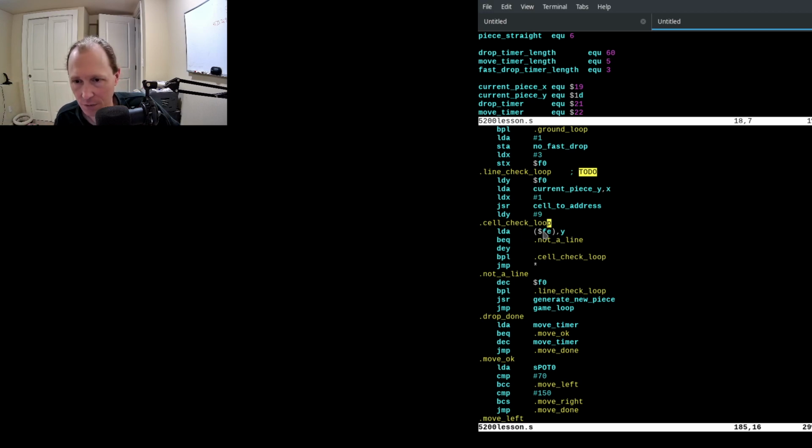Offset 9. So we load the cell value in offset 9 from the address. And if that equals 0, it's an empty space, which means we haven't cleared a line. If we haven't cleared a line, we decrement the block index and jump back to the line check loop and check the next one. That's fine. If it is not 0 in that cell, that means there's a block there. So we decrement Y, which moves us to the next block down. And as long as that's not negative yet, oh,